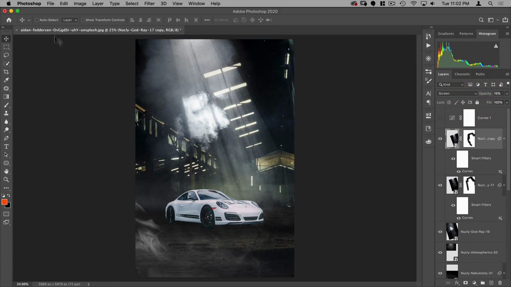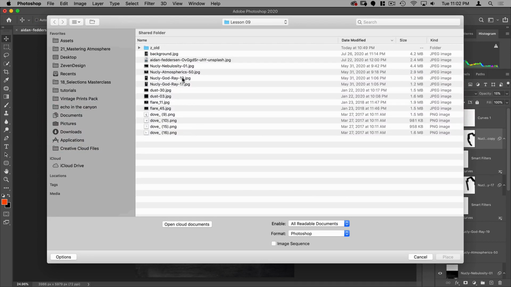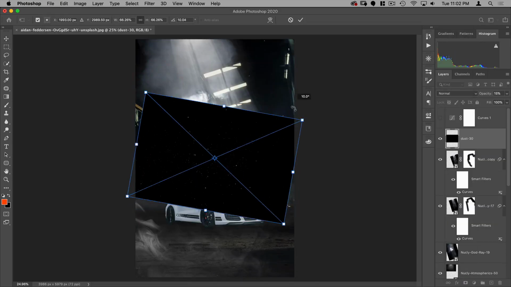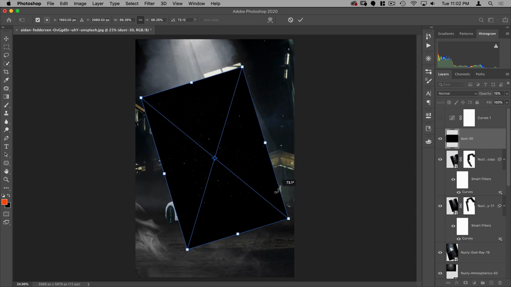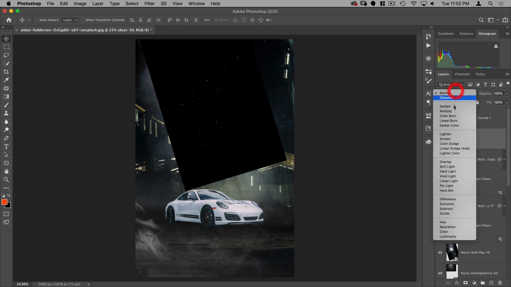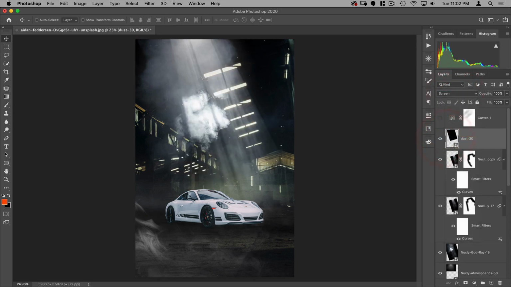All right, next, let's do File, Place Embedded again. So now we have our rays in place, and what I want to do is add some dust. So I want the dust to be up here. So let's put this on screen and just take the opacity way down. So there's just a hint of them. So probably around 35.